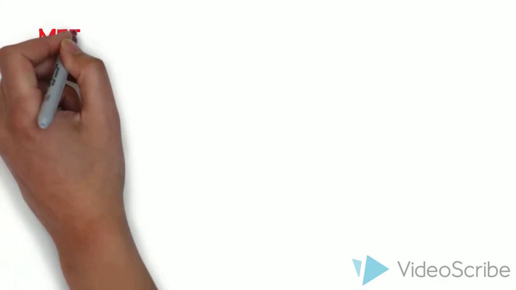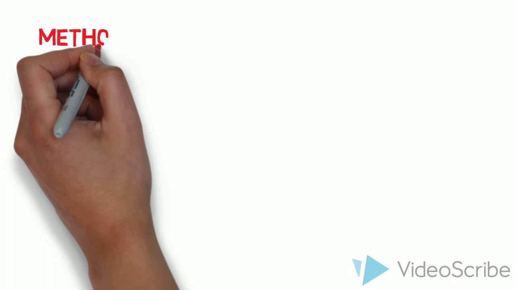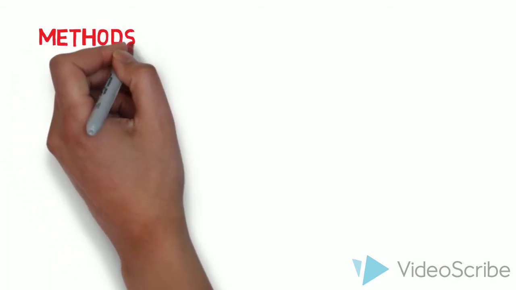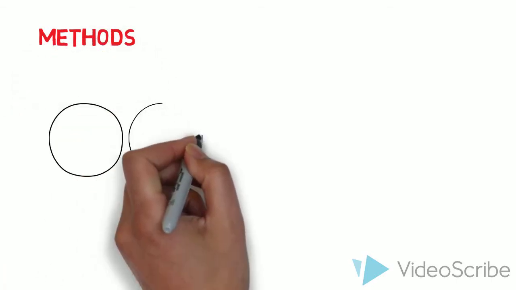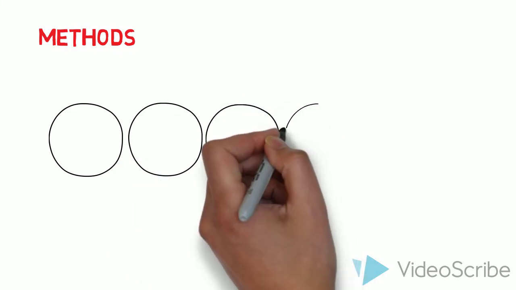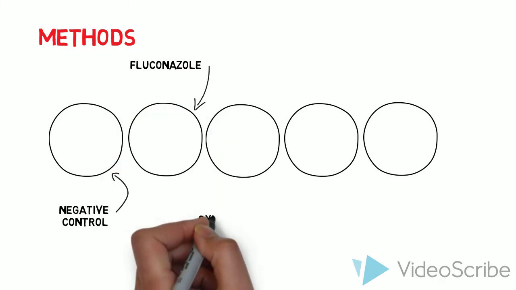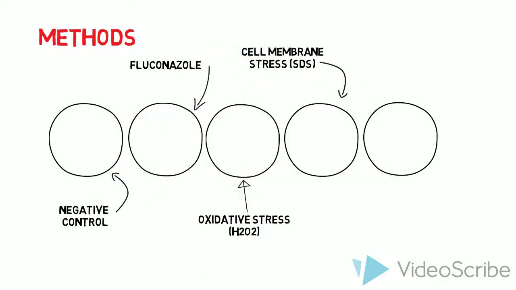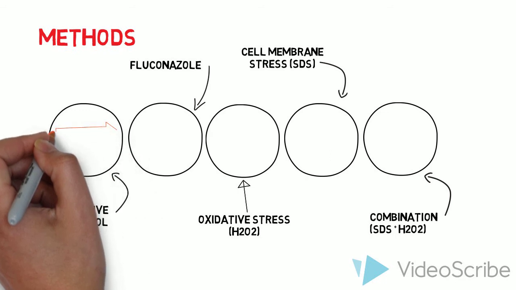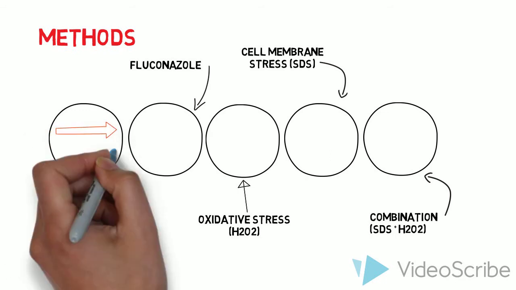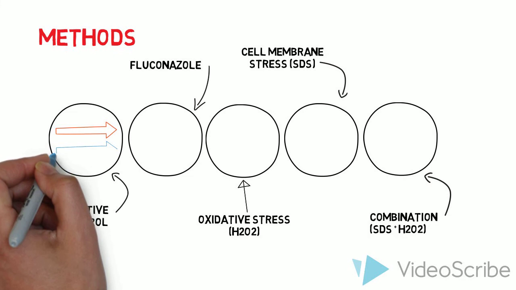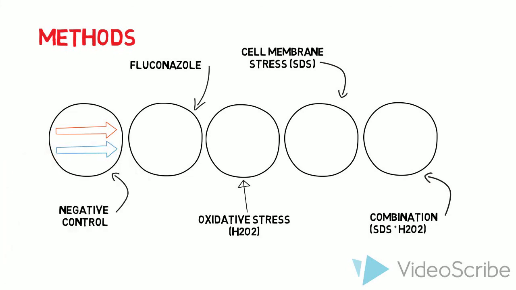So to test this, we generated a dilution series of concentrations from 10 to the 6 to 10 to the 1 cells per mL, of wild type and EGD2 knockout mutants in PBS that were spot plated onto the following conditions: no stress, negative control, fluconazole at 16 micrograms per mL, oxidative stress, cell membrane stress, and a combination of cell membrane with oxidative stress to examine if there was an additive effect, and were incubated at 30 degrees Celsius over